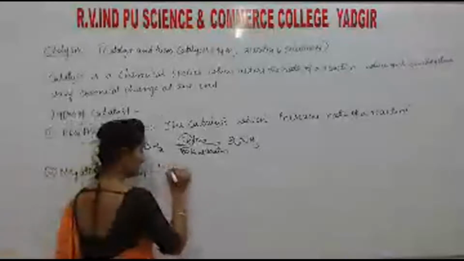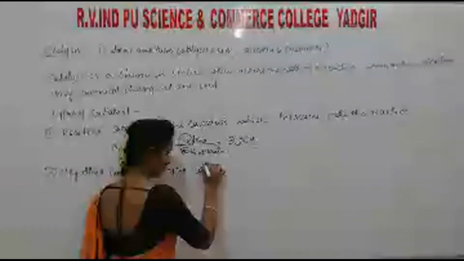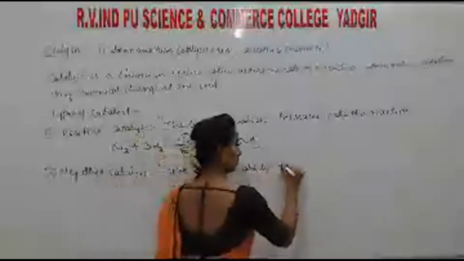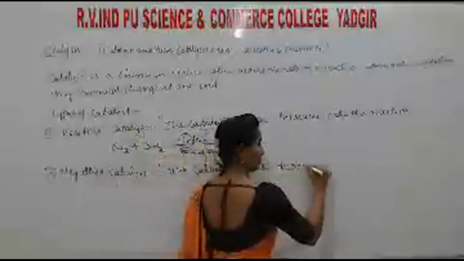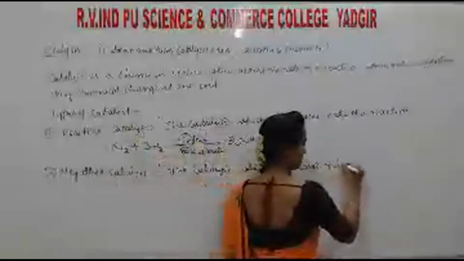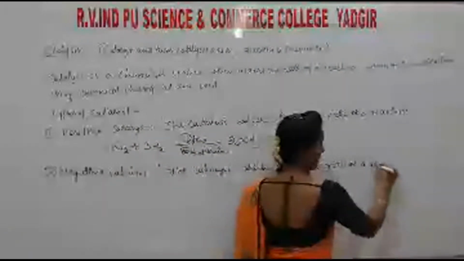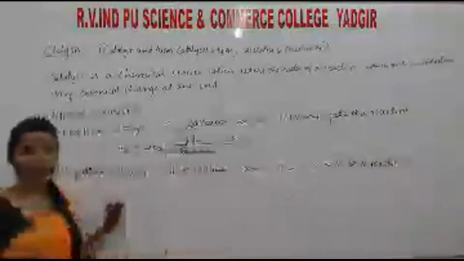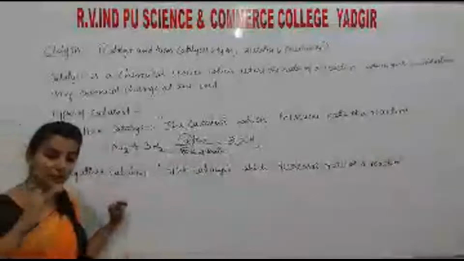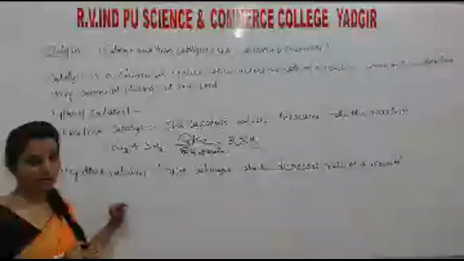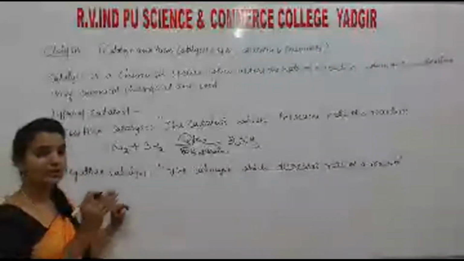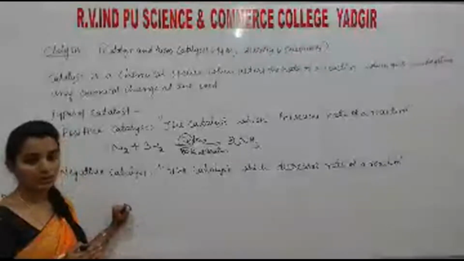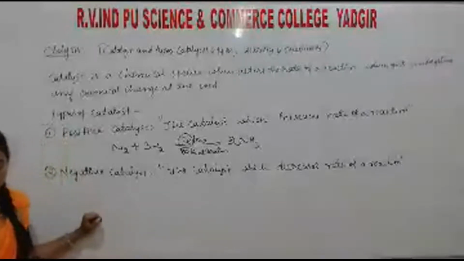The catalyst which decreases the rate of a reaction. It means it slows down the product formation. If A and B are there, they react with each other to form the product, and it decreases the rate of product formation. Understand? So the example for that is